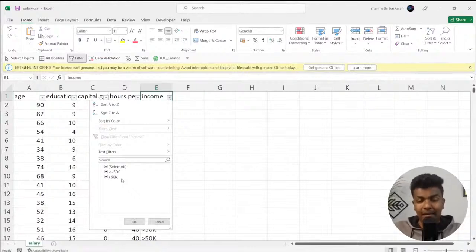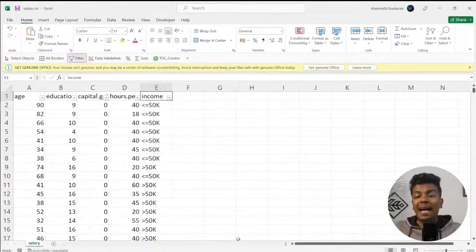What does that mean? Less than or equal to 50k means the person might have got a 49,000 salary, or 48,000, or even 50,000 salary. But there is another class which is greater than 50k. So that's why we are choosing a classification-based algorithm.